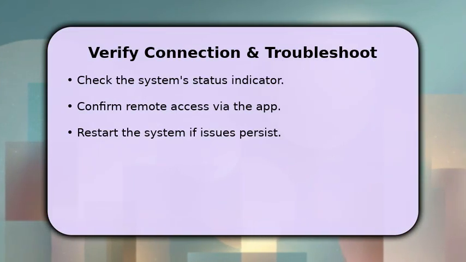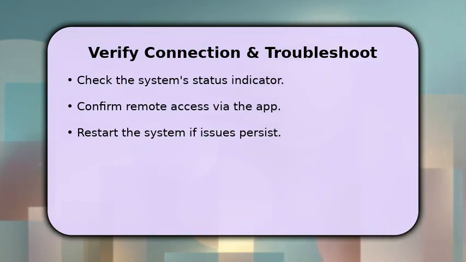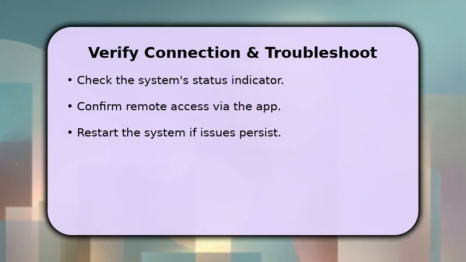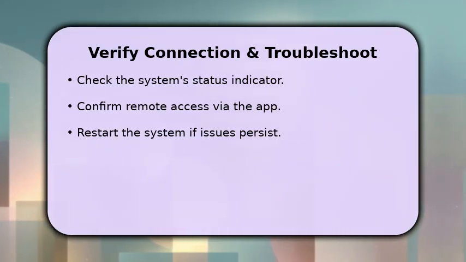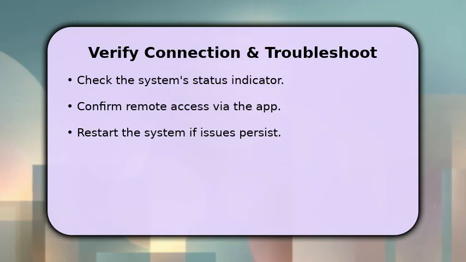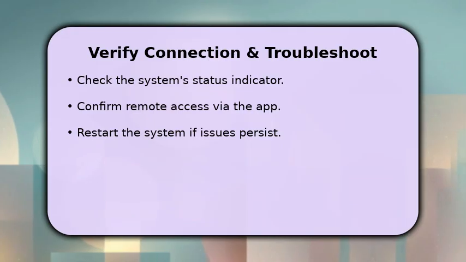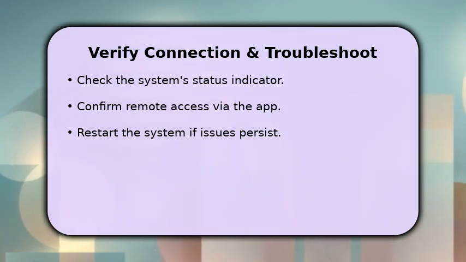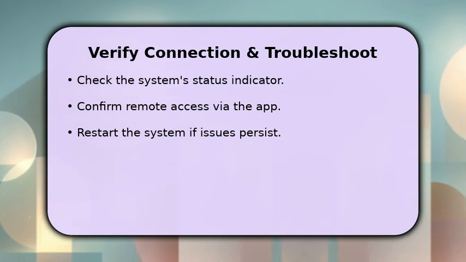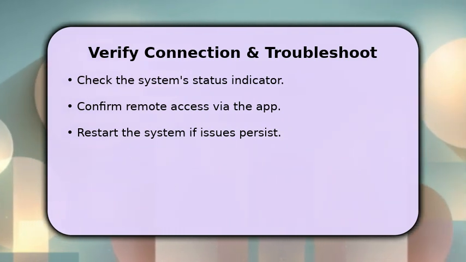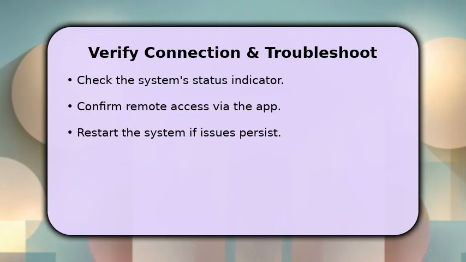After attempting to connect, verify the Wi-Fi status indicator on your IAQUALINK system. It should show a successful connection. Next, open your IAQUALINK app on your phone to confirm remote access and control. If you encounter any issues, try restarting your IAQUALINK system and your Wi-Fi router. Double-check the password and network selection to ensure everything is